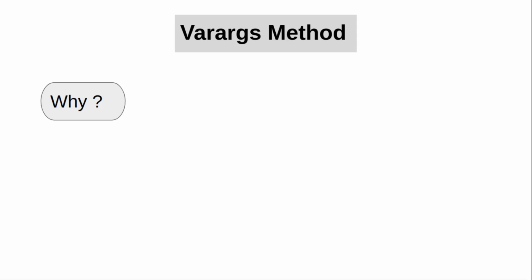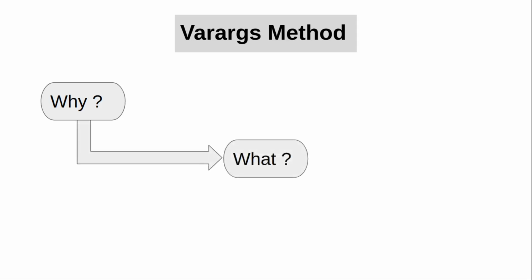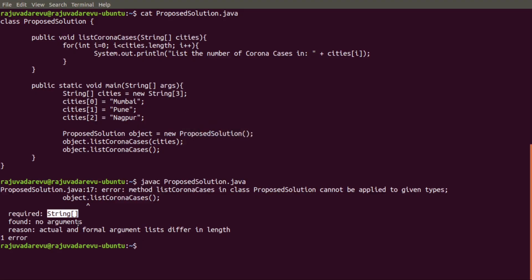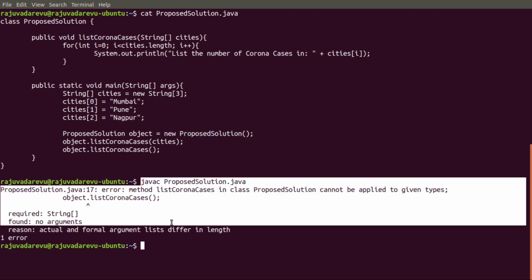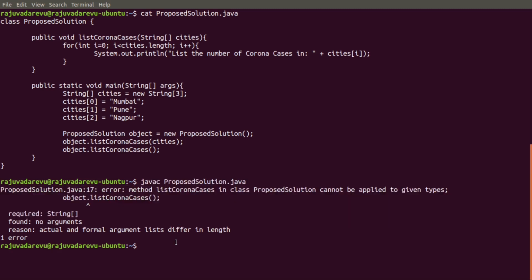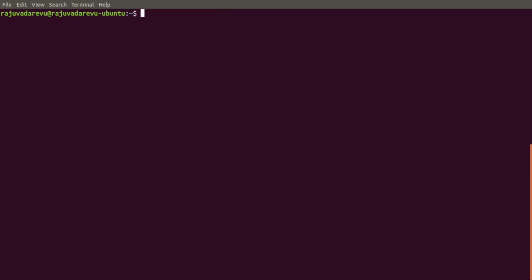Since we have understood the why part, now we will look into the what part. What is Varargs method? So as I said earlier, Varargs method is nothing but a method which can take variable number of arguments. That means we can call that method by passing variable number of arguments. And when I say variable number of arguments, it can be either 0 arguments or n number of arguments. Okay. So let's first understand the syntax, how to write a Varargs method. So let me go into the terminal and just remember this point that regarding the Corona use case, this is our current situation. Our code is not even getting compiled. Okay. Now we will look into the syntax of Varargs method.